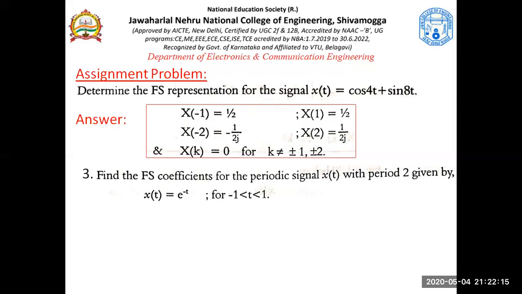So now understand what is the difference between the first two solutions that we have seen and this problem. In this problem, e power minus t is given. Is this e power minus t a sinusoidal signal, is the question. This is an exponential, no doubt. But is this exponential a sinusoidal? Yes or no? So this is not a complex exponential. Okay, so this is a real exponential.